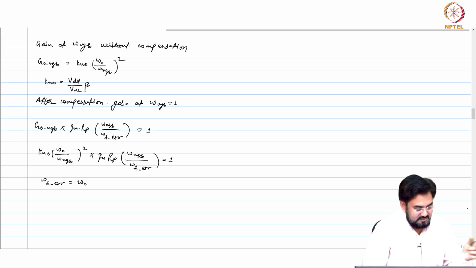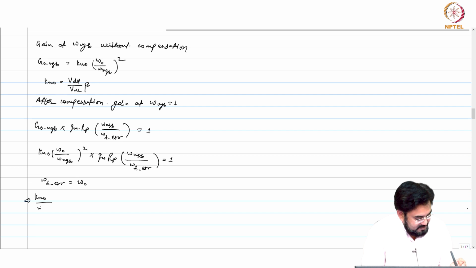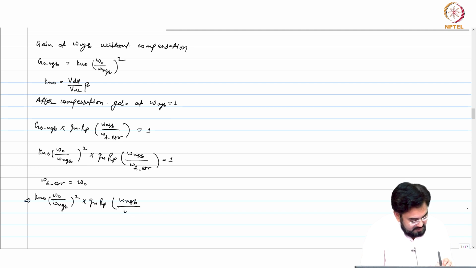Okay. So this implies Ku 0 and this is omega naught equal to 1. So it cancels out one term and this becomes Ku 0